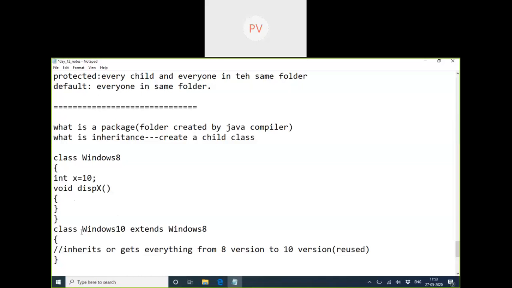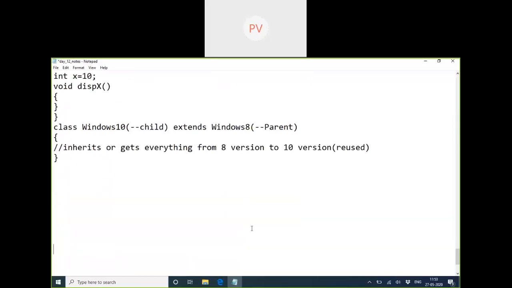I just want you to know that whenever you want to write a child class, the only thing we have to do is have the class extend another class. So this will be the parent class and this will be the child class. So this concept I'm writing in brackets. So let me write all the packages.